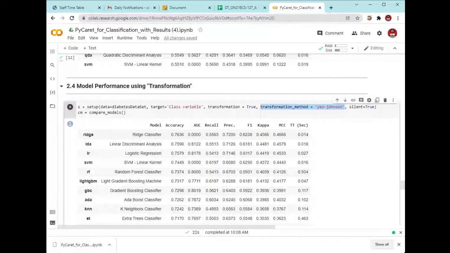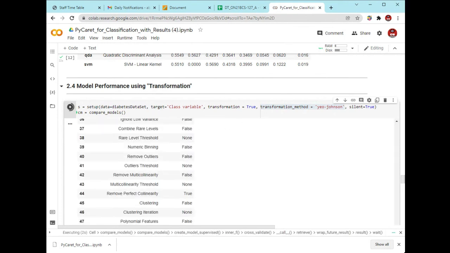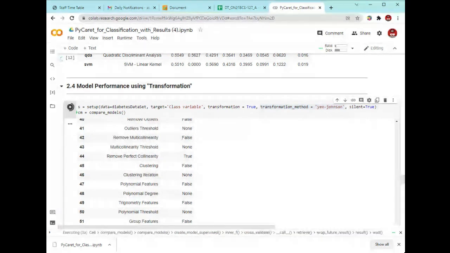You can see what the different methods for transformation are, apply those transformation methods right here, and you will see the difference between the previous output and the latest output. So you will execute this line of code and see the difference between the previous one and the existing one.